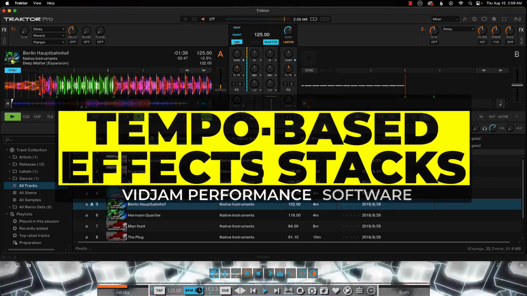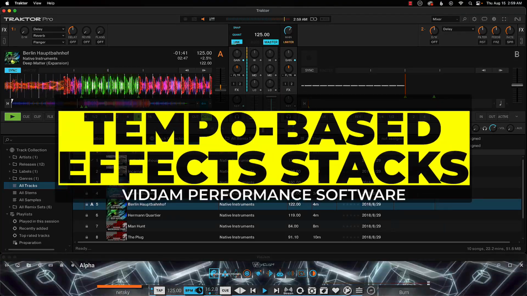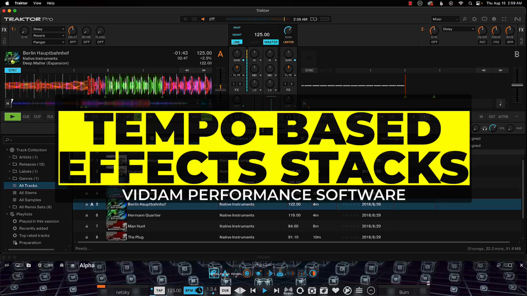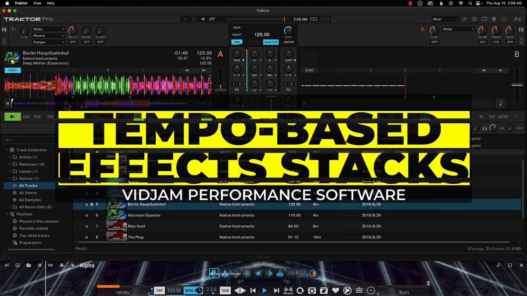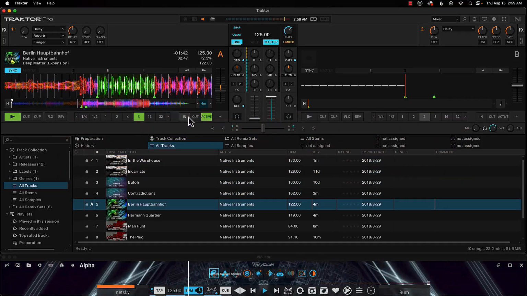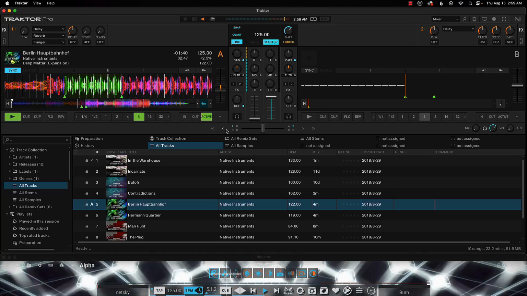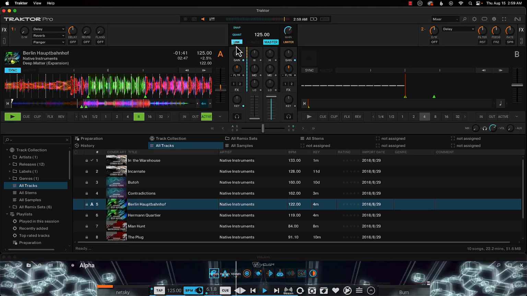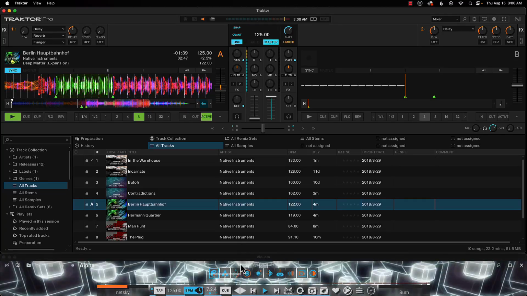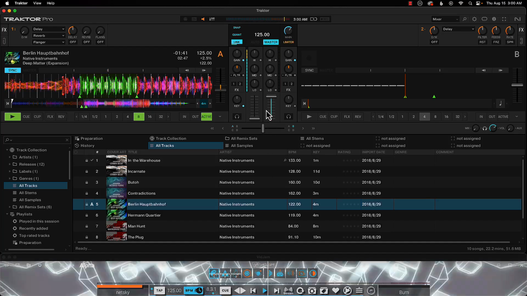In this video, I'm going to show you how to use the autopilot feature of the universal grid to step through videos and effects. First, I want to point out that I'm running an instance of Tractor in the background just to get some audio into the system, and I have Ableton Link set up to send to VidJam down here. I'm going to go ahead and turn up the volume